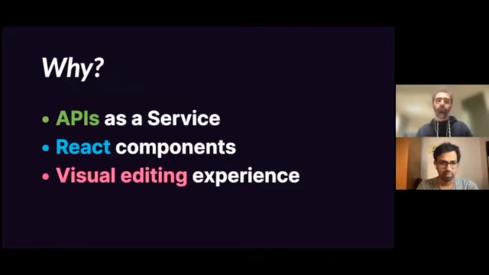And we wanted all the advantages of headless CMSs, so API as a service, decoupled in a way from your front end, but no hassles in hosting the APIs because they are a service. The ability to use React components because we love React, and best-in-class visual editing experience like you have in Wix.